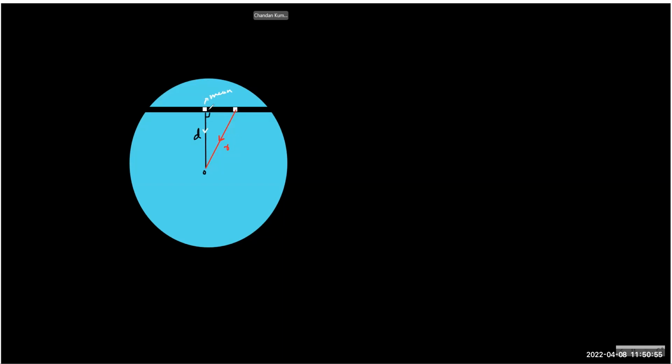So if this is the mean position, and if I call this x, so if I displace from the mean position, what force will I get? So if I call this force F, then the net restoring force is how much? The force which will propel